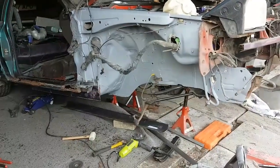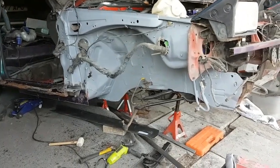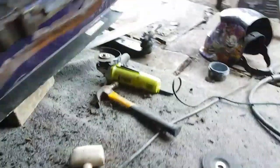Done a coat of paint after seam sealing the inner wheel arch over here. In here, don't know if the light's going to show it, but that's all welded from the inside down here. I'm just making up a template,